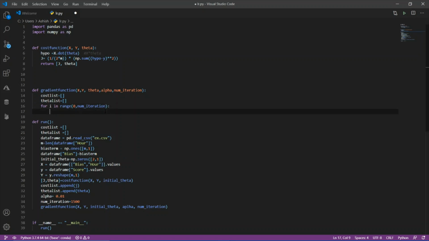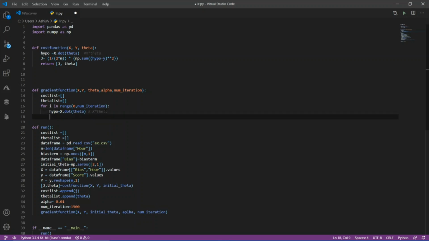Now, as you know, the hypothesis equals x dot theta. As I already told you, this is nothing but multiply theta in the matrix form, or say the NumPy array.